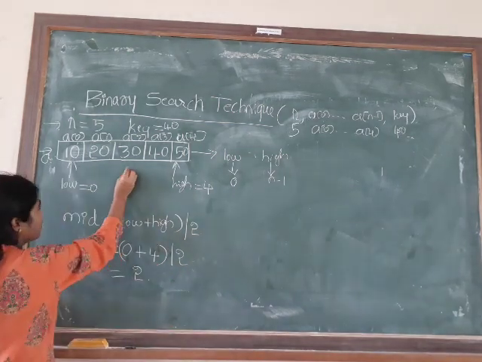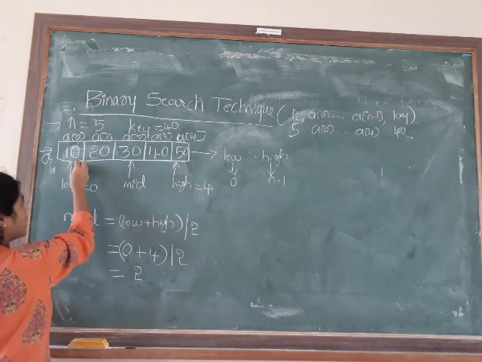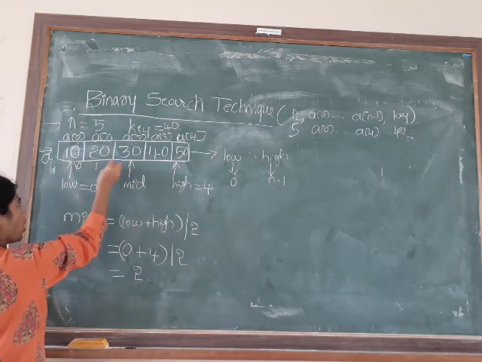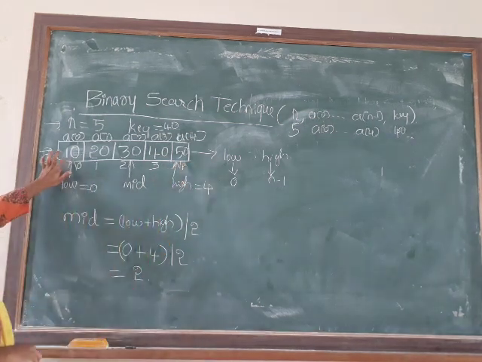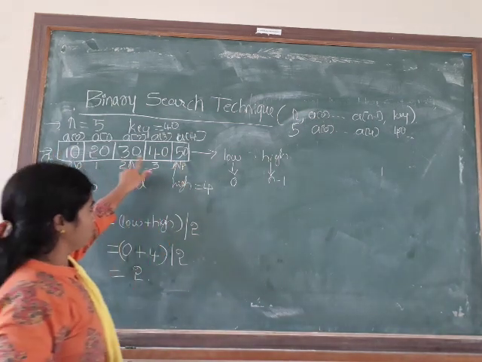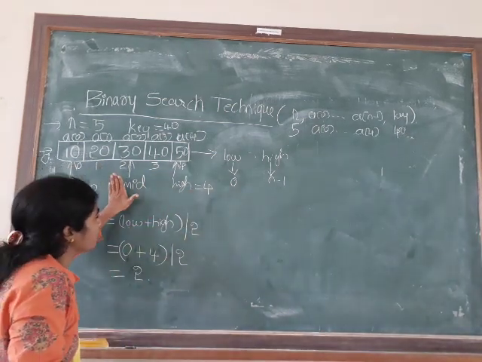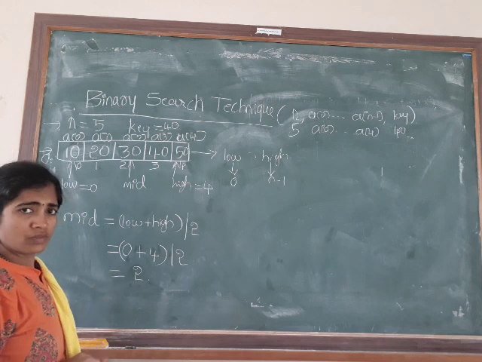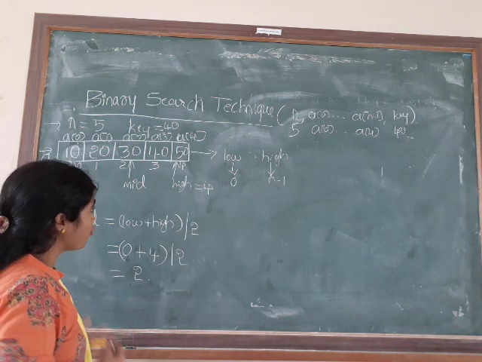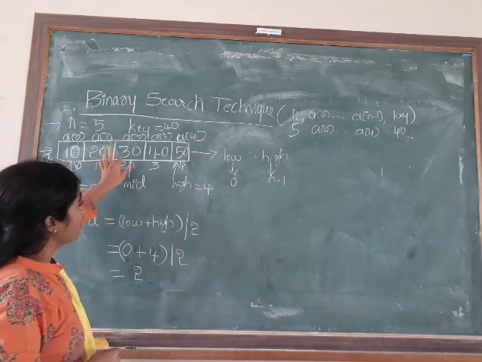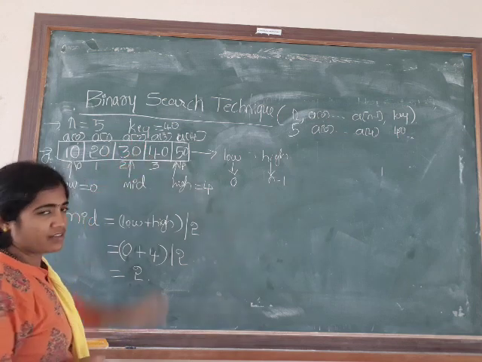You agree that this is the mid because it is 0, 1, 2, 3, 4: the 0th position, first position, second position, third position and fourth position. In the sense, you agree that mid is 2. Yes, mid is 2, obviously. Then what is A of mid? The present value of mid is 2. What is A of mid? That is A of 2, that is 30.